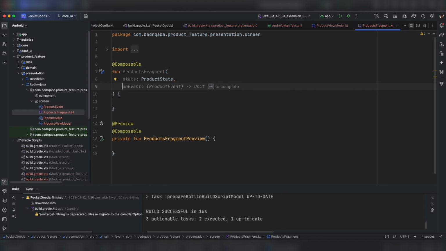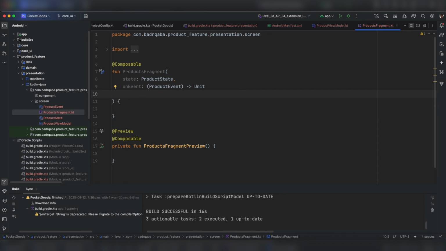Therefore, we will use the event that we have declared before on event. And from the event, we can call the function that we want. I would like to experiment with some new stuff here. Instead of creating products fragment and product search result with the same thing as we have done in Vuetify application,